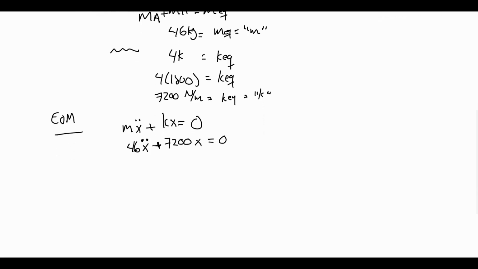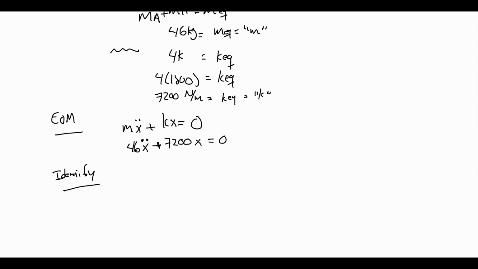Right? So this one, getting the equation of motion once we have those equivalent values, is pretty straightforward. Now the identify step. This is going to be really important, especially as we build more tools and more types of scenarios that we are able to work with. Right now, we only know one type of problem and how to solve it, but we need to look at our equation of motion and make sure that we know what the solution is going to look